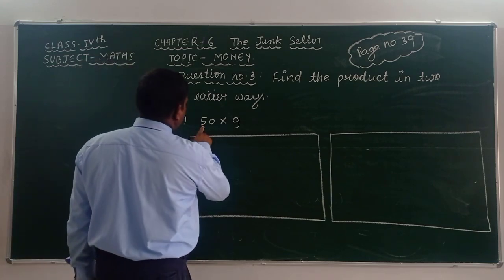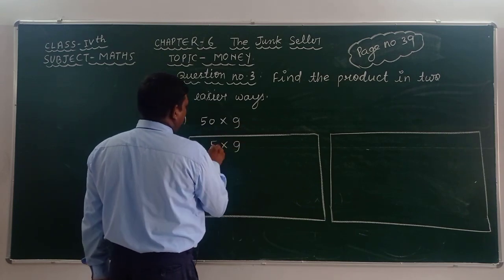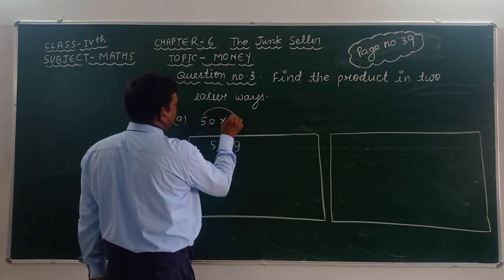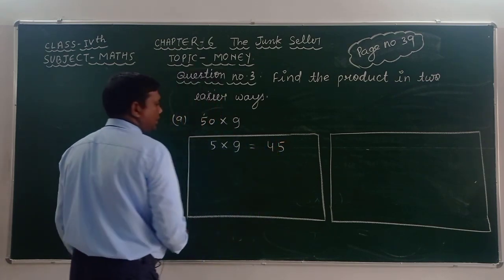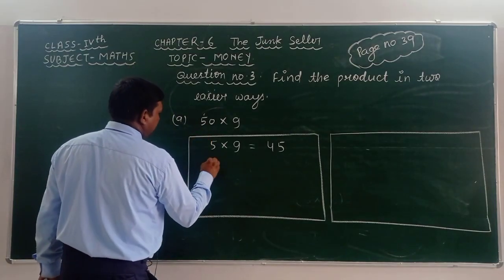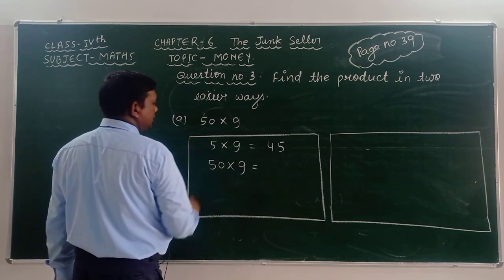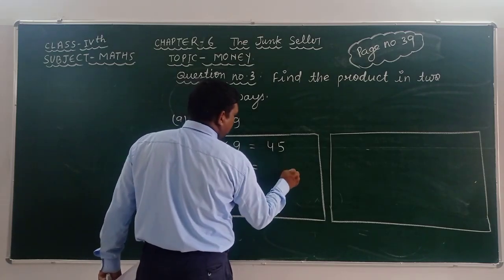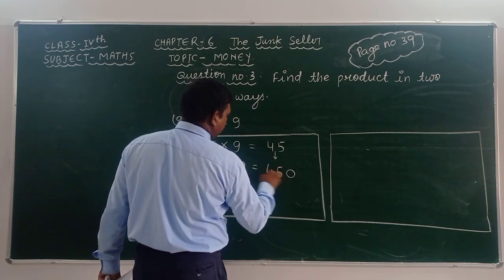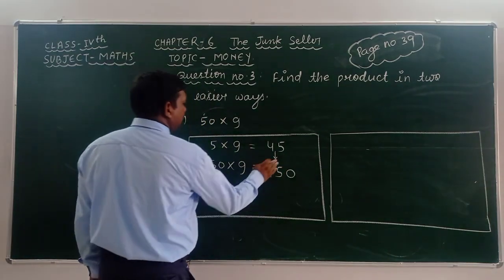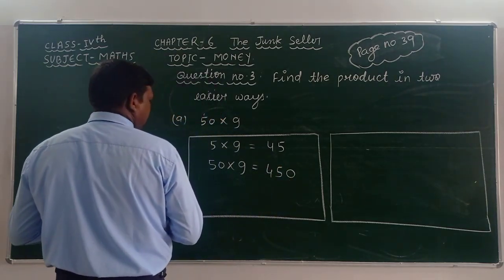This one, firstly we have to take 5 multiplied by 9. 5 nines are 45. Therefore here we can take 45. Okay, and here given that 50, therefore we can write 50 into 9. Here given that 0, therefore we can take 0, and again we have to take this 45 as same. Understand? Therefore here we get 450.